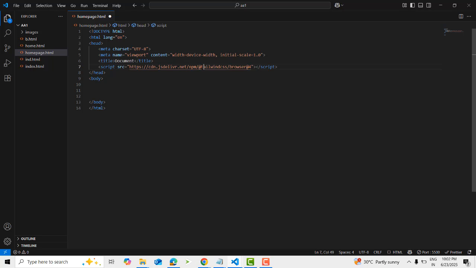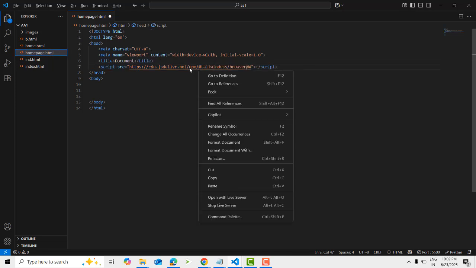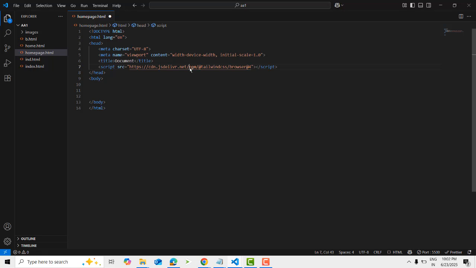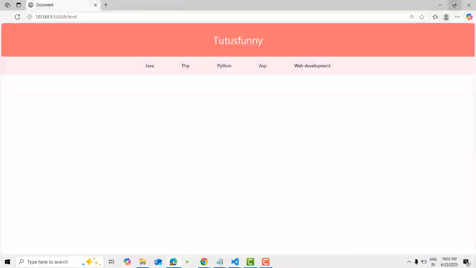CSS and JavaScript, both are developed in this framework. The JavaScript and CSS styles are combined, and we have put them into this link. If you click on it, you can check these are the files. This file is made by